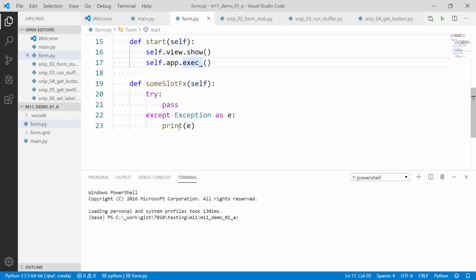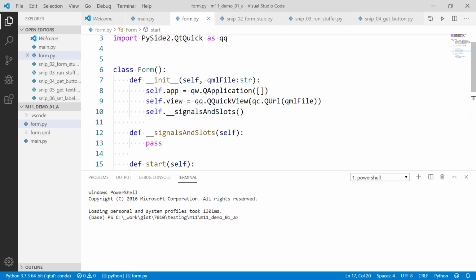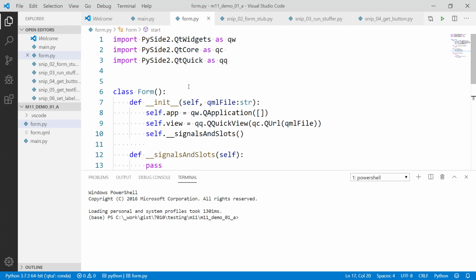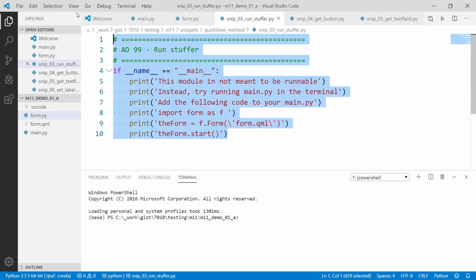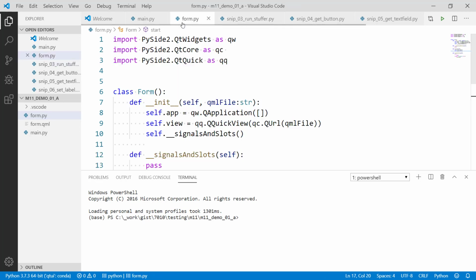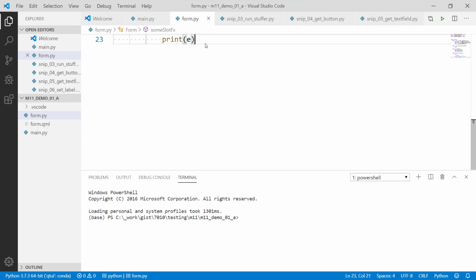And I have a stub here for a function, sort of like a callback, that we can hook our buttons into, which we haven't designed yet. But that's just sort of a bare bones template to get you going, and then it's up to you what you want to do after that point. So I will close the form. I have a run stuffer, so I'm going to take this just in case someone tries to run this. I'm going to put this at the end of my